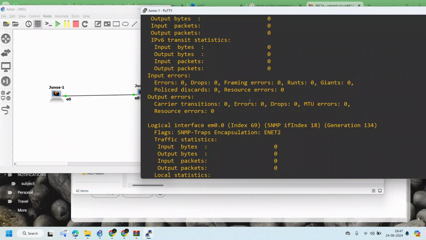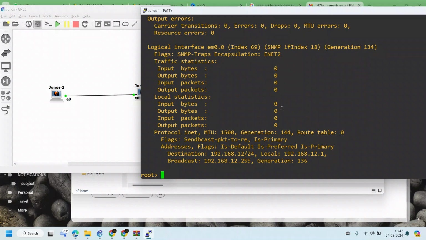Okay, see is there any CRC errors? These are framing errors, L2 errors. So is there any CRC errors here? Simple, you can check this. Show interfaces same